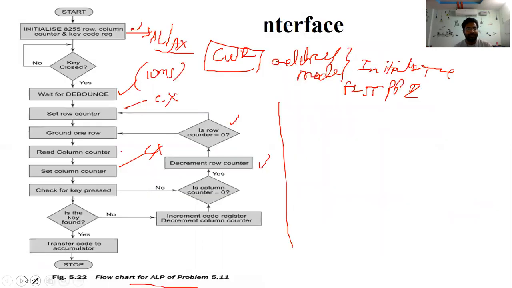It does not identify any of the keys at all. So this is the debounce case.